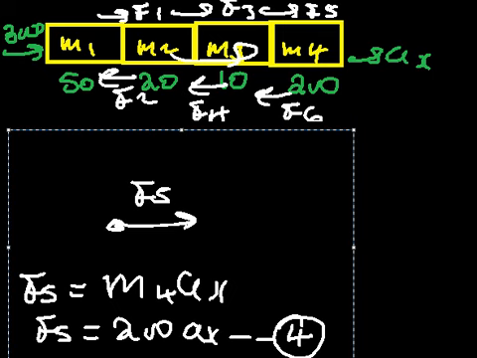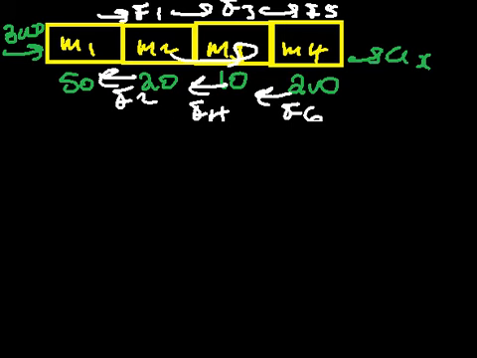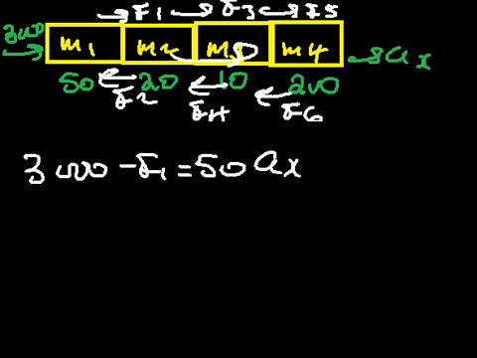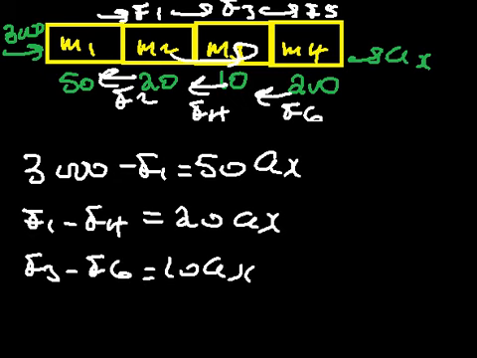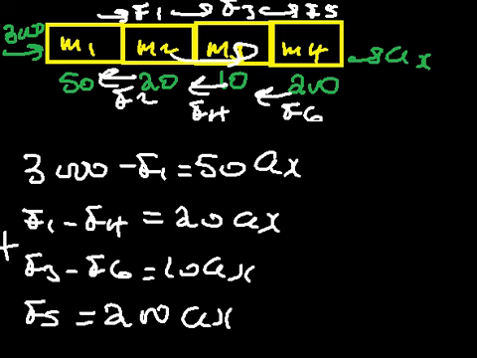Now we have all 4 equations. That is 3000 minus F1 is equal to 50 times acceleration. We have F1 minus F4 is equal to 20 times acceleration, and we have F3 minus F6 is equal to 10 times acceleration, and F5 is equal to 200 times acceleration. Now we have to add the 4 equations. Now what happens is that